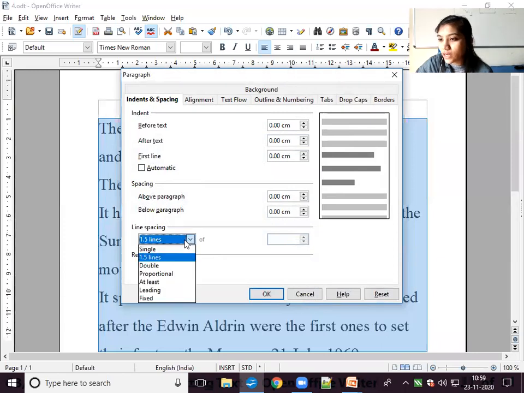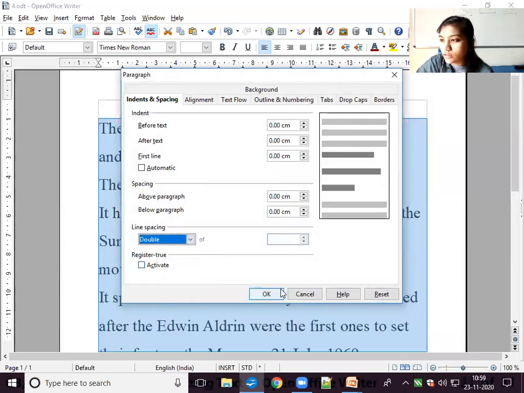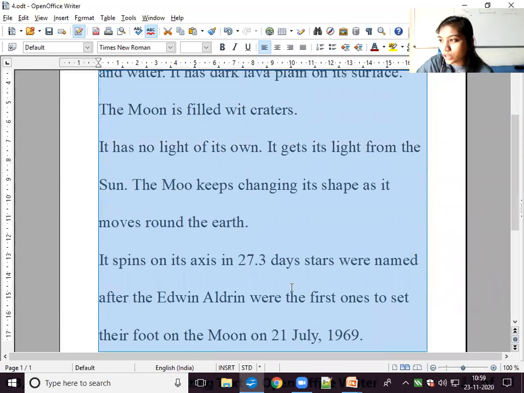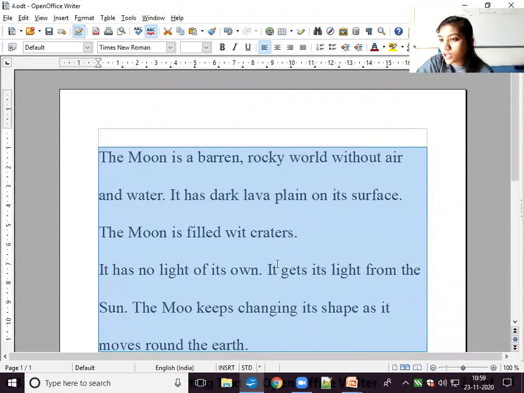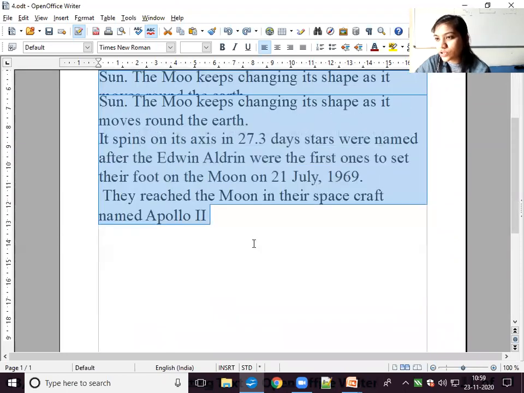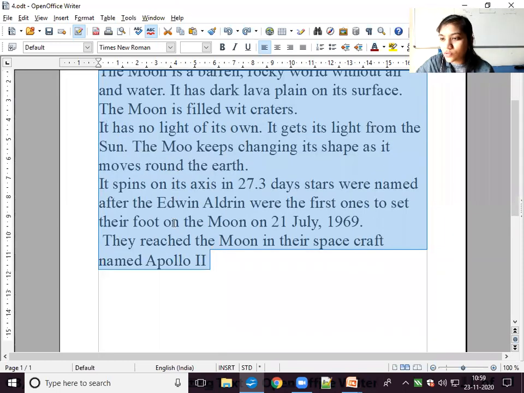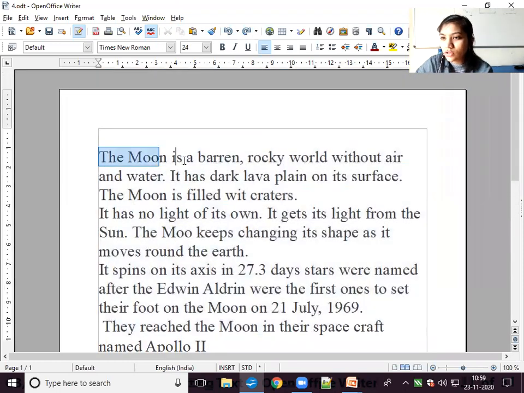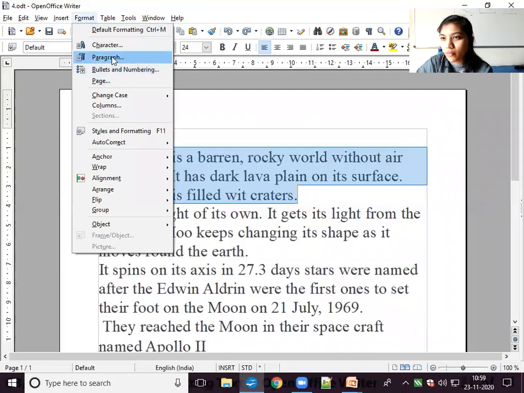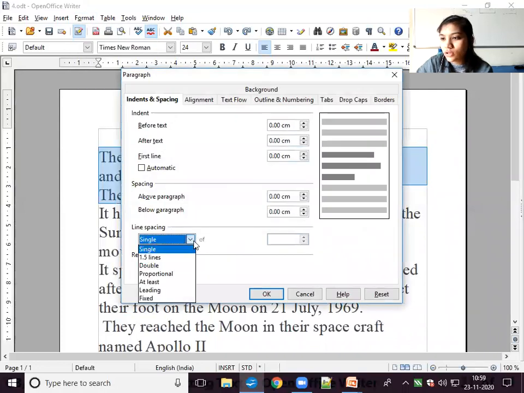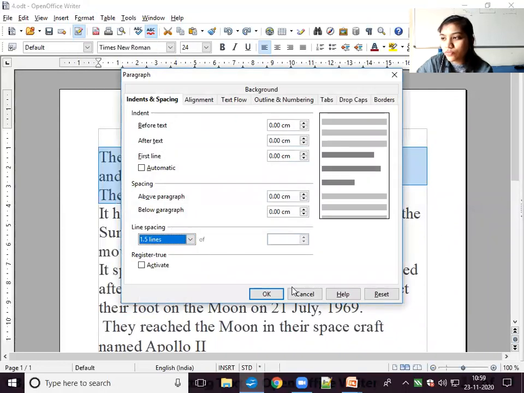Again, paragraph, double. Okay, so it will change. Okay, I'm doing one thing: I'm using Control Z. For the first paragraph, by default it is 1. Format, Paragraph, click on 1.5 lines.